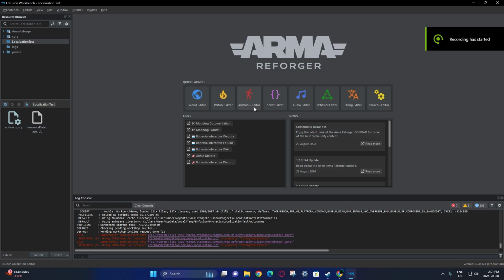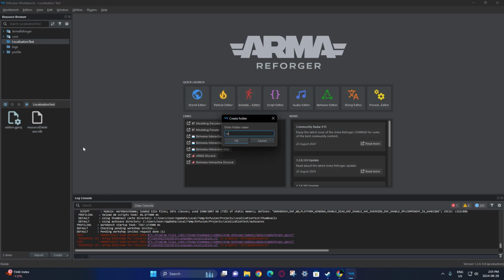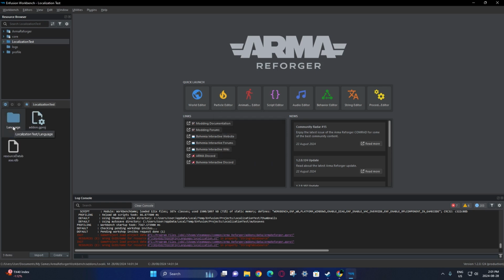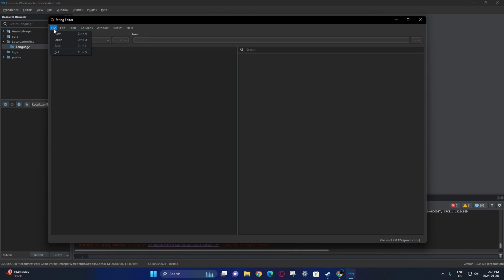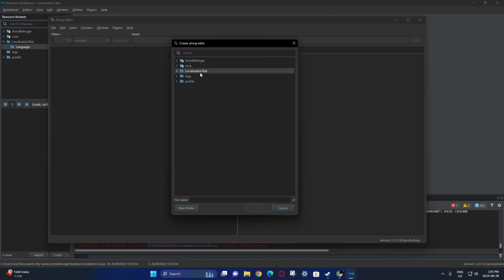This is going to be a quick tutorial video on how to create basic localized text for your Arma Reforger mod. So first things first, you want to create a language folder. Now that you have your language folder, you want to go to the editors, and then go to string editor. Then you create a new one, and select the language folder that you just created. And for the sake of this tutorial, I'll just name it test and then underscore,